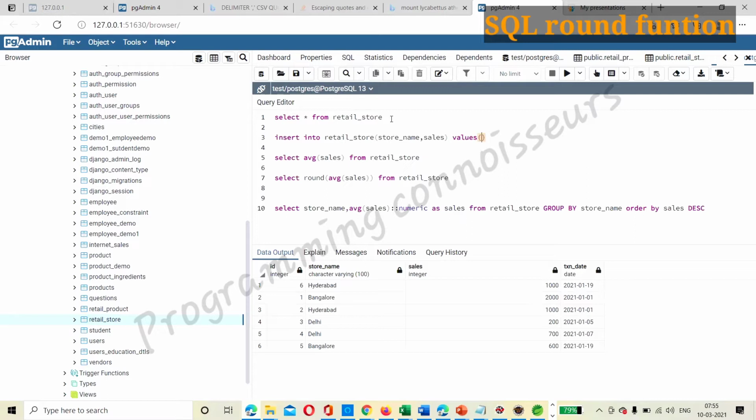What are the values? We'll take a new area. What is another city? Pune. We'll take Pune, and for sales we'll say